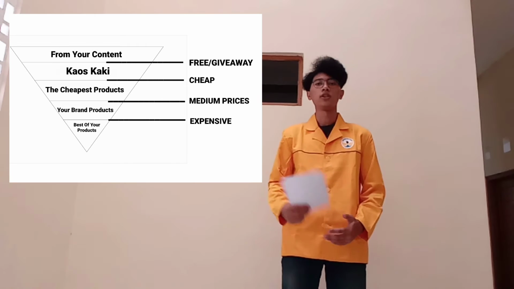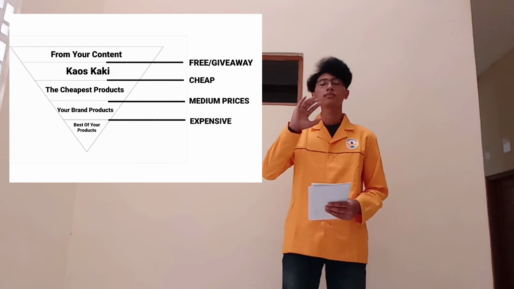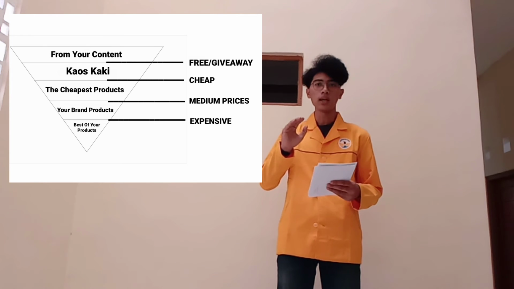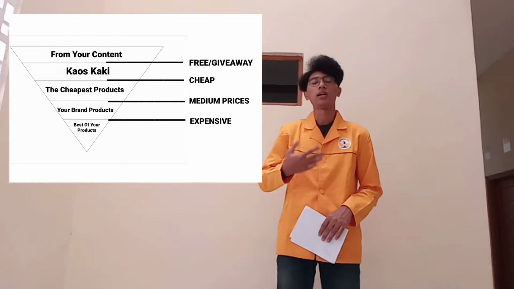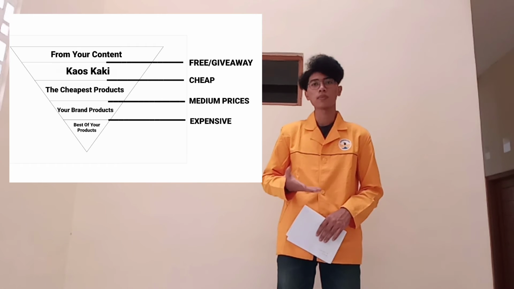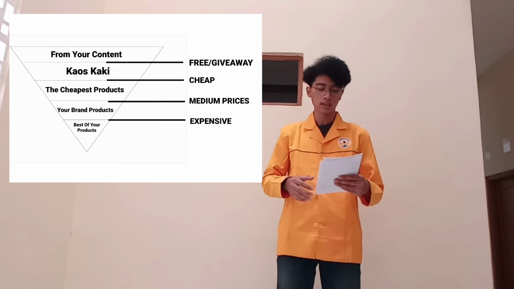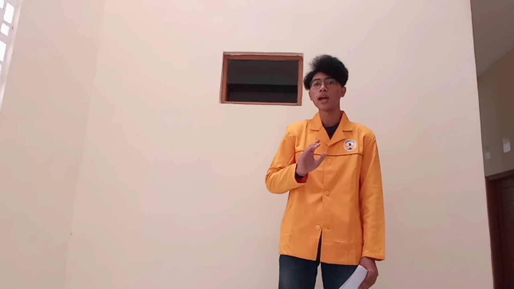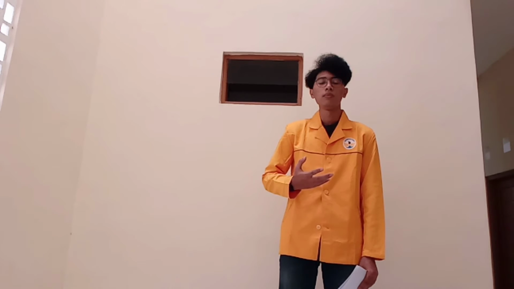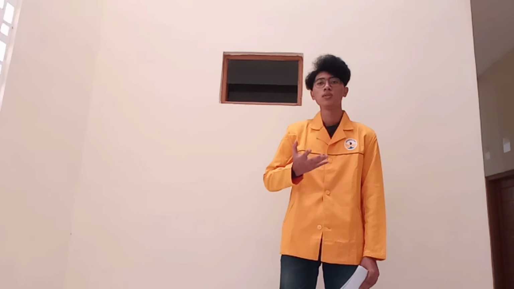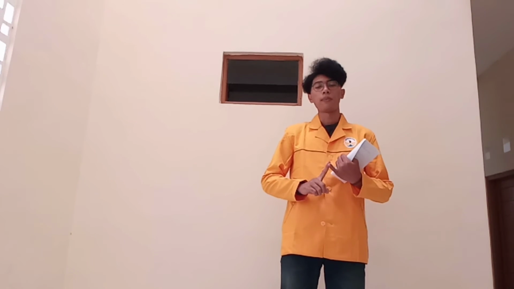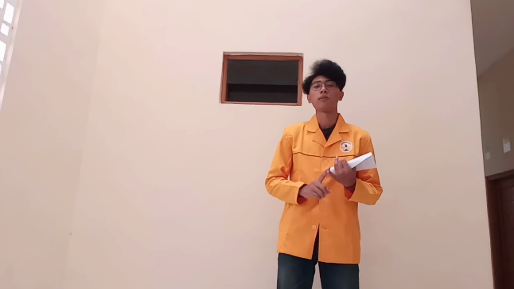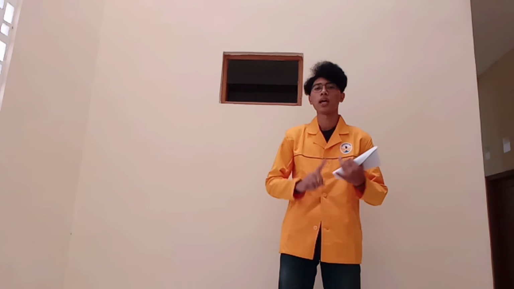The meaning of the chart is that we give them our product for free, and then we sell them the cheap product of ours, and the third is we give them a medium price, and then we sell the expensive product to them, because we want to reach price-oriented customers with our free product and our cheap product,